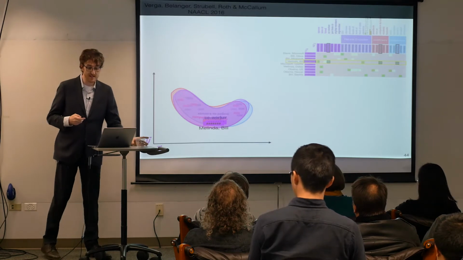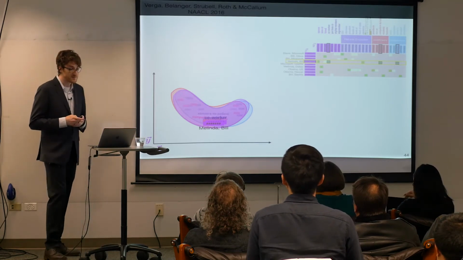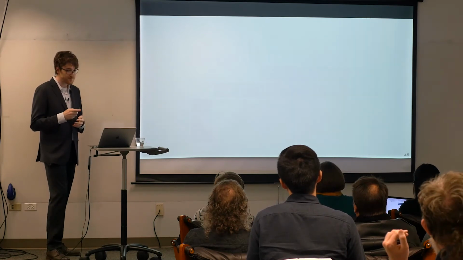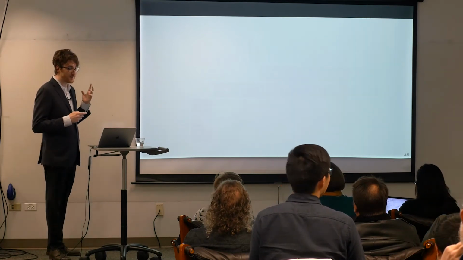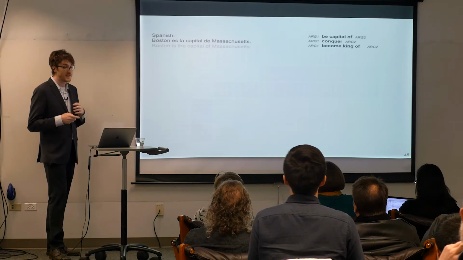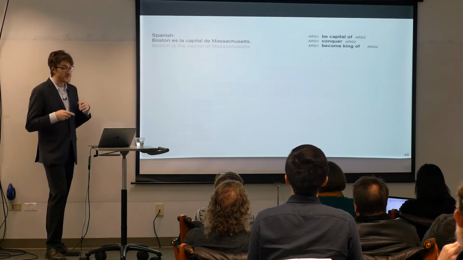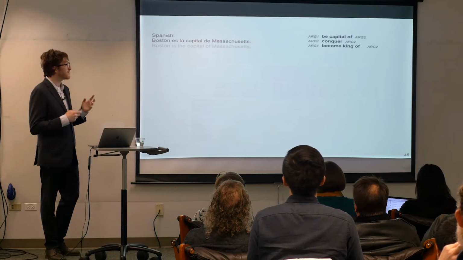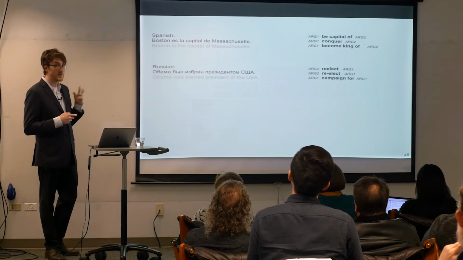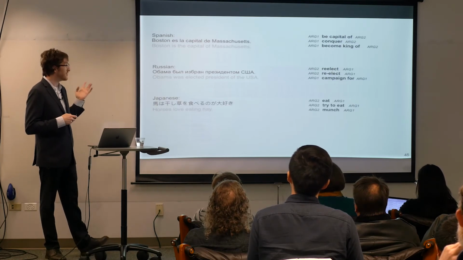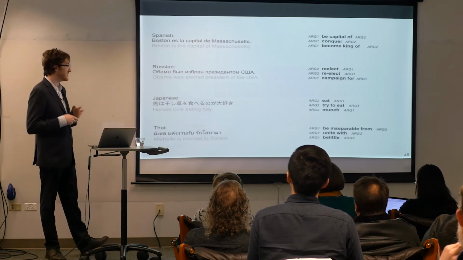So we can take a look at some of the outputs produced by one of our models. These are coming from a large model which we trained on about a dozen languages. On the left, we have an input from a non-English language, and on the right, we can see some of the most similar English patterns that the model found. So we see things like "capital of" in Spanish being mapped correctly to "capital of" in English, "was elected president" similar to things like "re-elect", "love eating" being similar to "munch", and "married" being similar to "unite with".